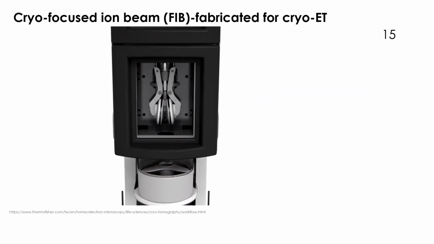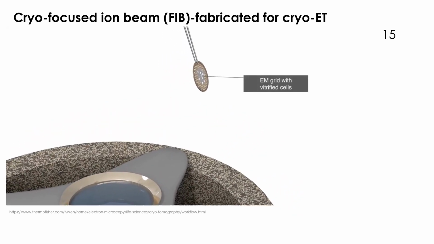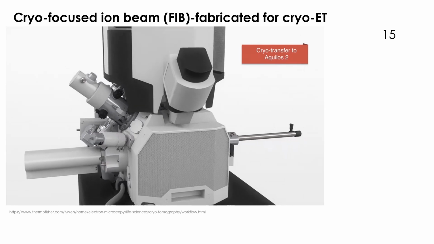Immediately after, the cells are automatically immersed in liquid ethane at minus 180 degrees Celsius. The flash-frozen cells are now vitrified, and the EM grid is transferred to the cryofib. The Aquilose cryofib is a dedicated cryo dual-beam microscope. This instrument is used to produce thin, electron-transparent samples from the cells, which can be imaged later by cryotomography in